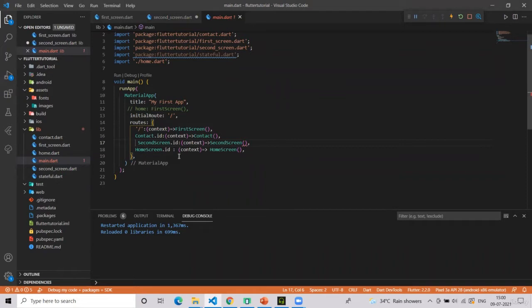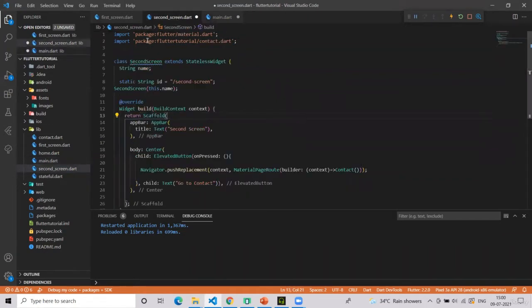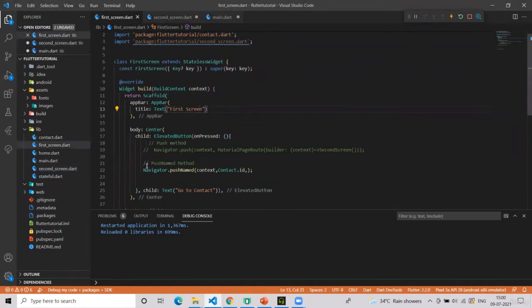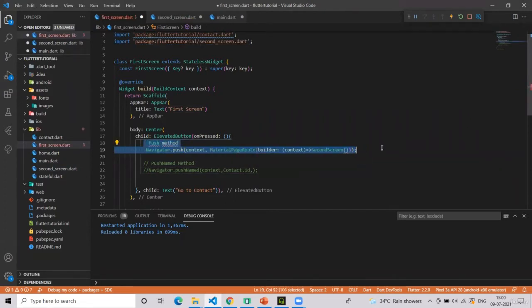We will discuss that as well. But for the time being, I will just comment that second screen. And now in the first screen, I will use the push method, not the push named method.